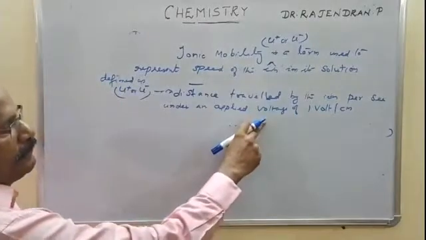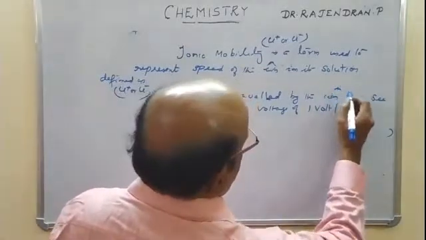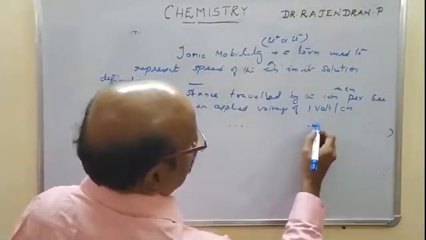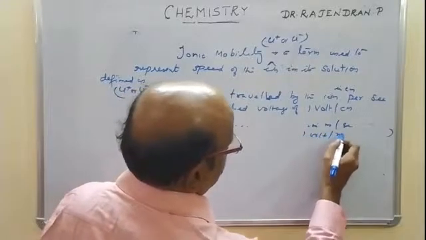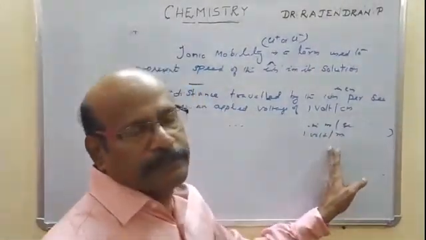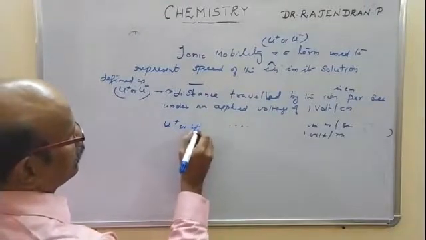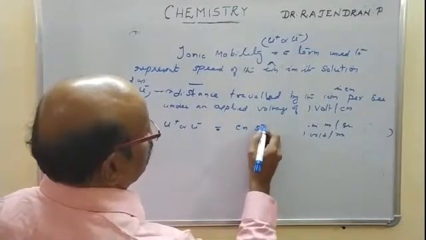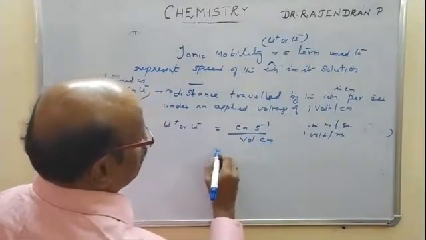This is the CGS unit system, in centimeter per second. In the SI system, it is the distance traveled by the ion in meter per second under a voltage of 1 volt per meter. So you can use either one. SI unit is meter per second and 1 volt per meter. Therefore, the unit of U plus or U minus is the distance, that is centimeter second inverse, divided by volt per centimeter. That is equal to,